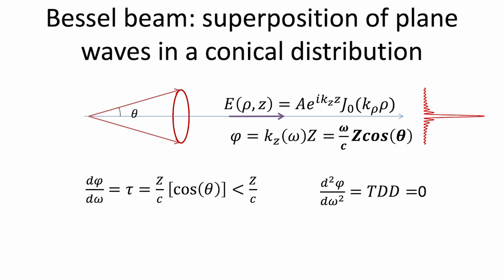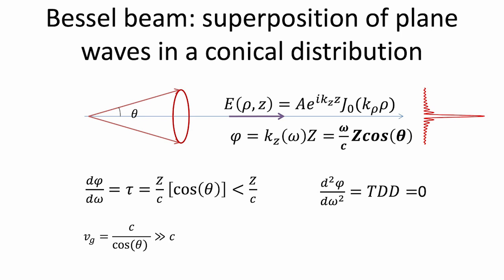What you can get here, if you divide the distance by the time, is the group velocity. And the group velocity is c divided by cosine theta, which can be much larger than c. This light travels faster than the speed of light. So you see, three dimensions is not intuitive.